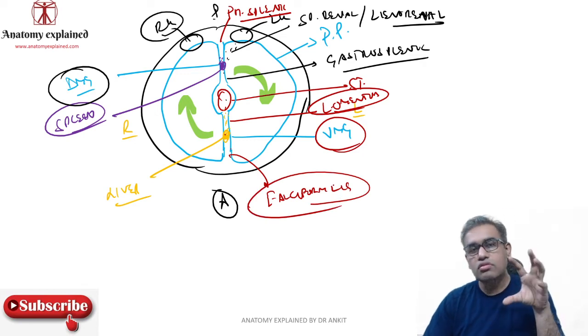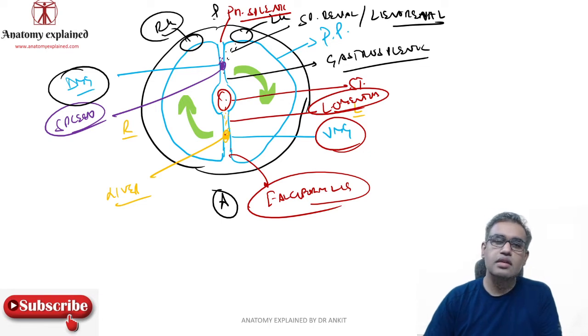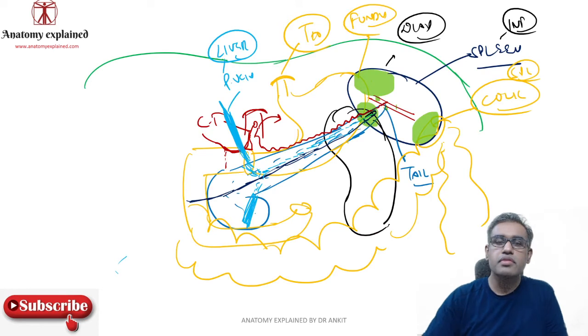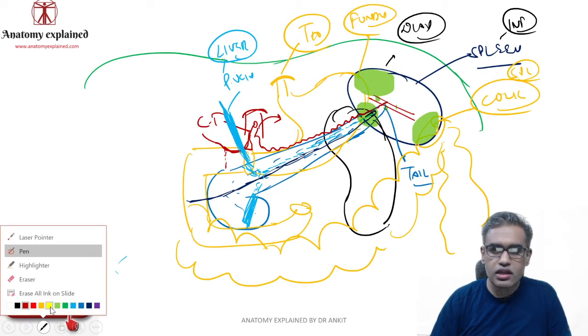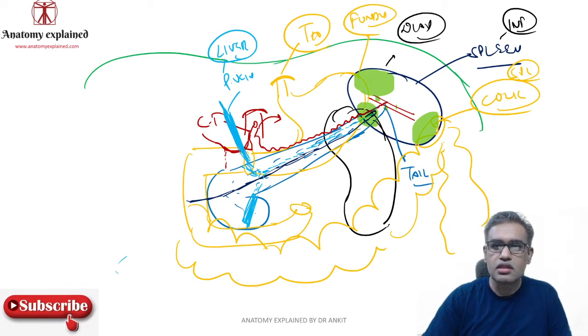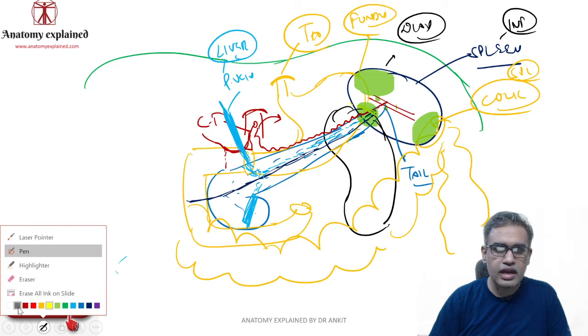Now we will try to do what? We will try to take out all of these ligaments from this basic conceptual figure and put them in the body. So here we go again. So this is all the relation that we did. Now let us try to make a few ligaments over here. Let us try with this yellow color between the kidney and the spleen. Between this kidney and the spleen, I guess this black would do over here.